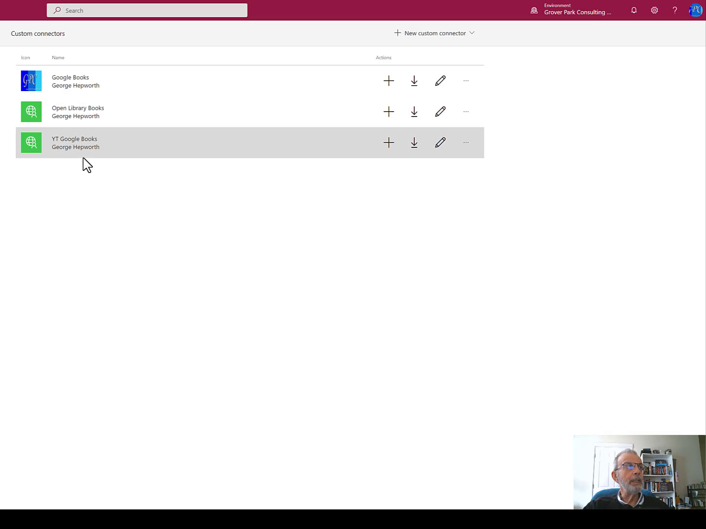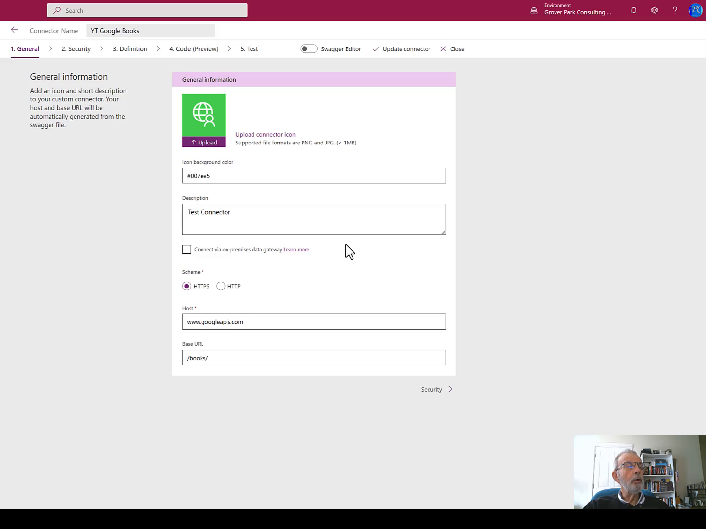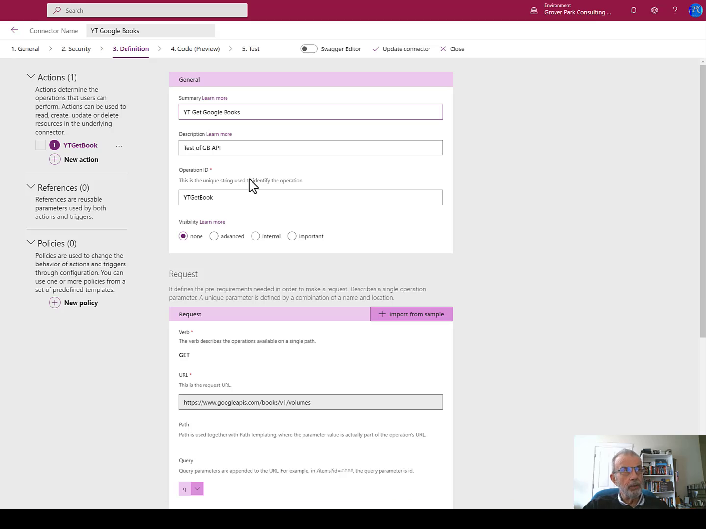If I go back in to edit again, you see the information that I previously entered, the host and the base URL, the definition, and we're skipping security because we know that we don't authenticate, although it's an option. We could authenticate if we wanted to. There's the name of it, description, the operation ID that will be exposed inside PowerApps to get data. And we have